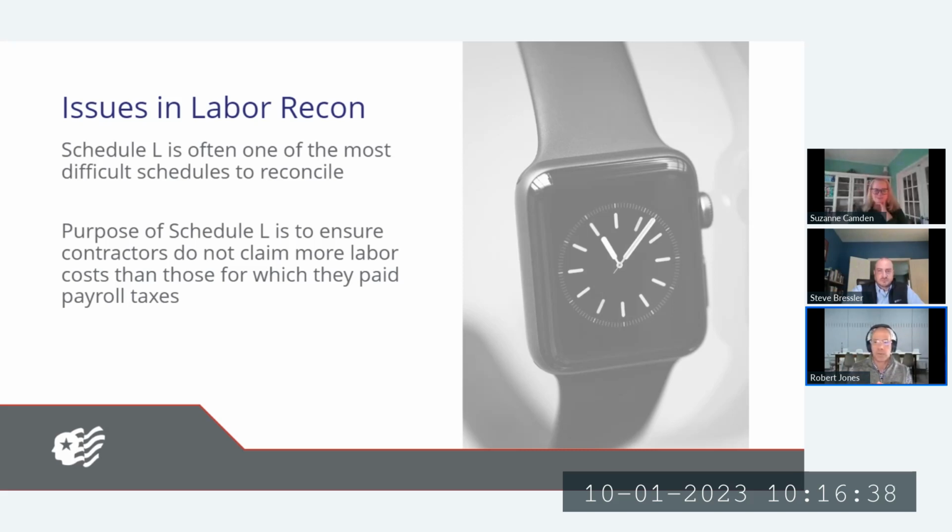They're trying to figure out, hey, did you pay? And I'm going to make up some numbers. They want to make sure that you did not pay payroll taxes on $500,000 of labor, but you're claiming $600,000 of labor in your incurred cost proposal, right? That would indicate either you're being fraudulent and you're claiming more costs than what you actually paid and paid taxes on, or, and I would say probably, at least in our cases, 99+% of the time, it's not that the clients are trying to commit fraud, but that they've got reconciliation issues and other problems that we're going to talk about here on this next slide.